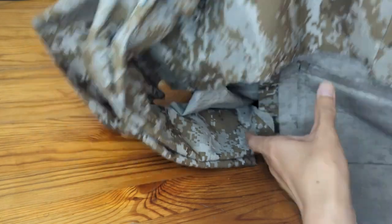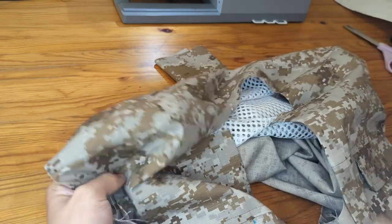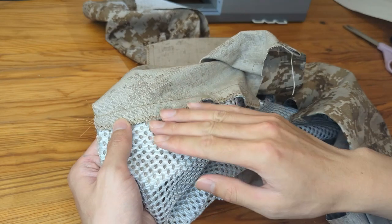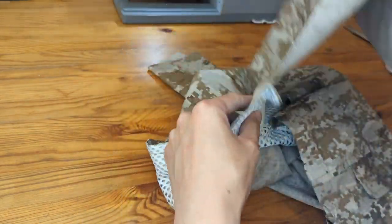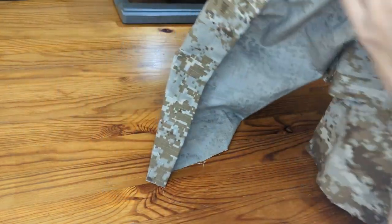So I've just finished sewing my front and back pieces together at the shoulders. I've also finished the edges with a zigzag stitch, and I've pressed the seam towards the back. Now I need to sew the side seams together, and I'm not going to sew it all the way up. I'm actually only going to sew